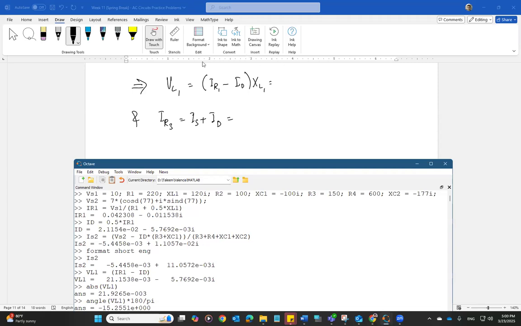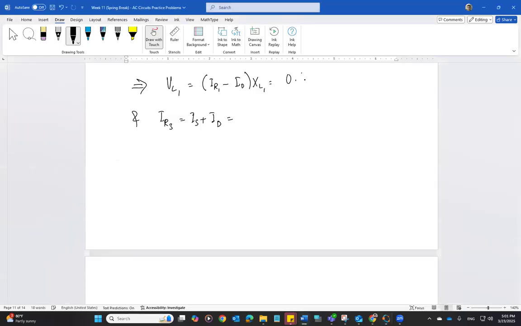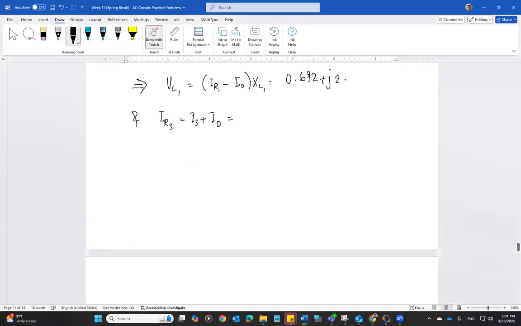I did not multiply that by XL1. So back, times XL1. Okay. So 0.692 plus j 2.53 volt,